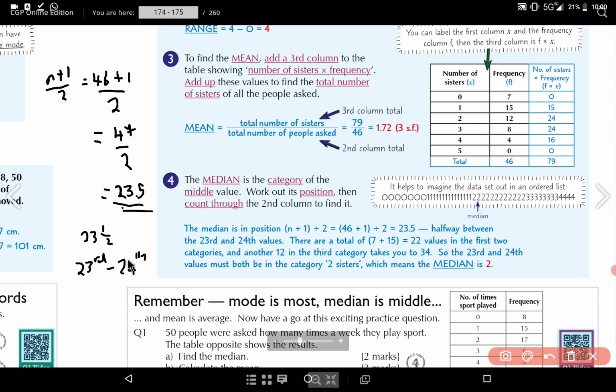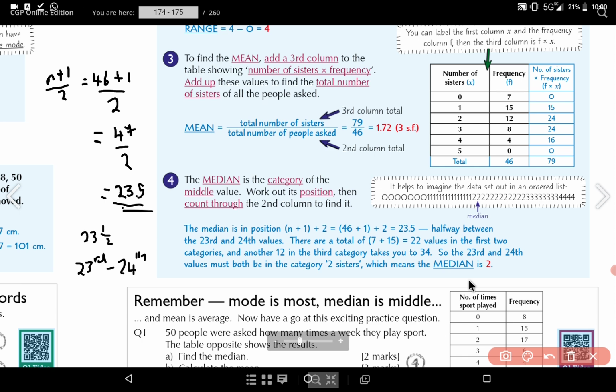So that's the position of this median. The total values, they are a total of 7 plus 15, those 22 values in the first two categories, plus 12 in the third category, equals 34. So the 24th value must be in the category of 2 sisters, which means the median is